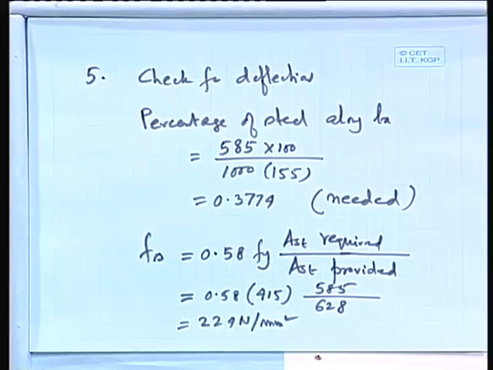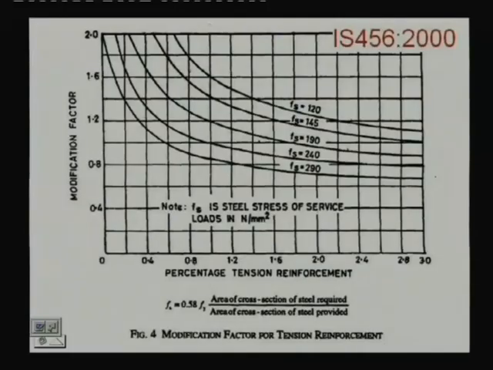Yes. So I think we can show this which we are using, figure 4, modulation factor for tension reinforcement, and this is the formula we have to use for Fs, because that one will give you the guideline. And we have got the percentage of steel 0.3774 somewhere here, and the 224, it means along this line. So we can say it may be somewhere here,